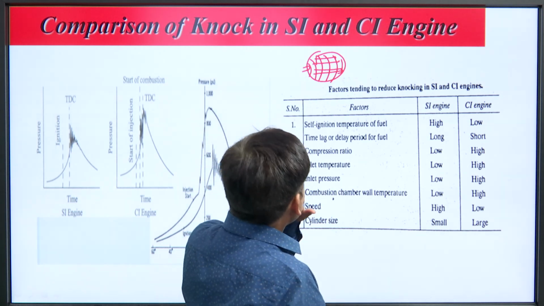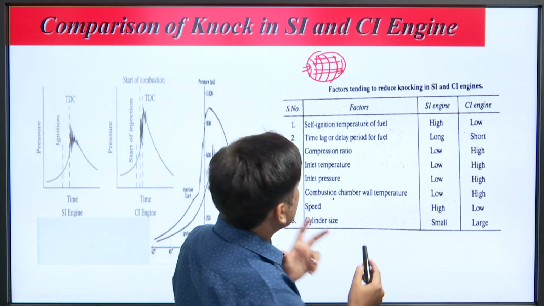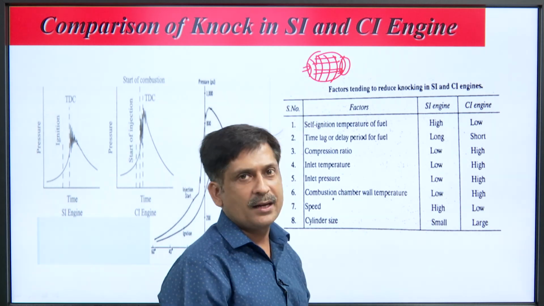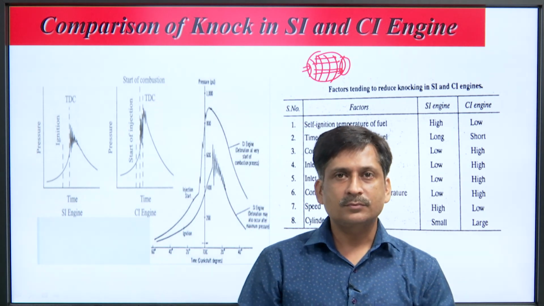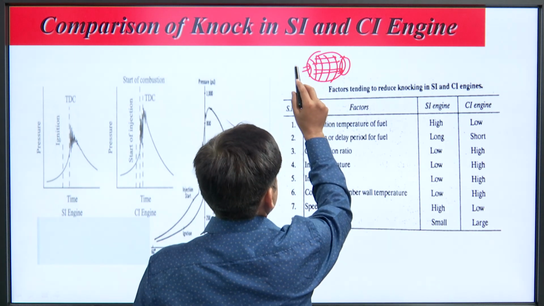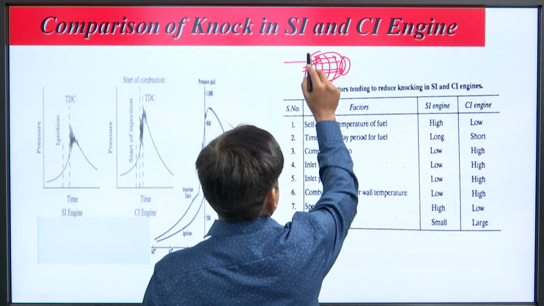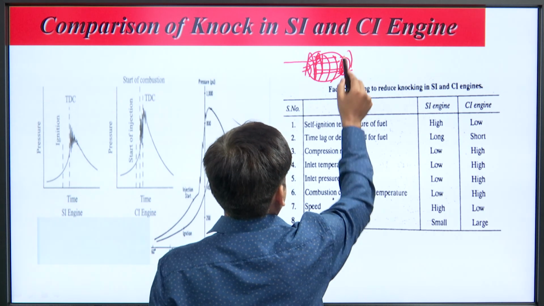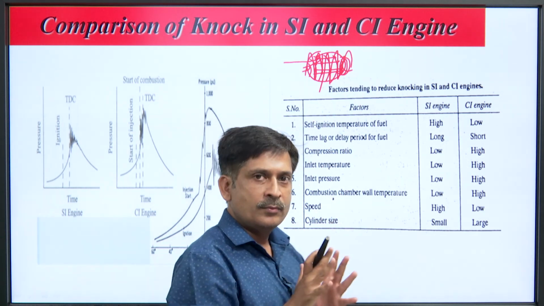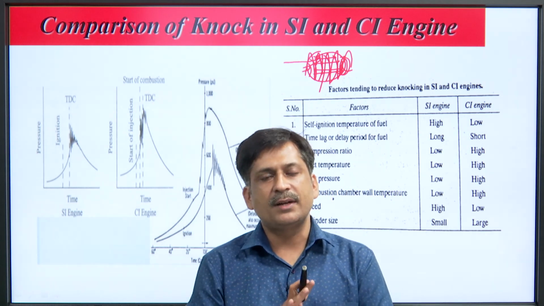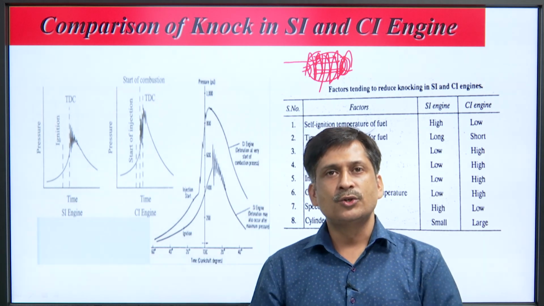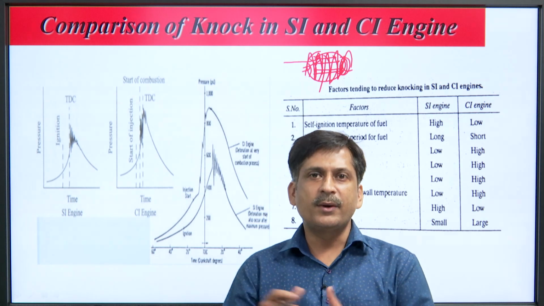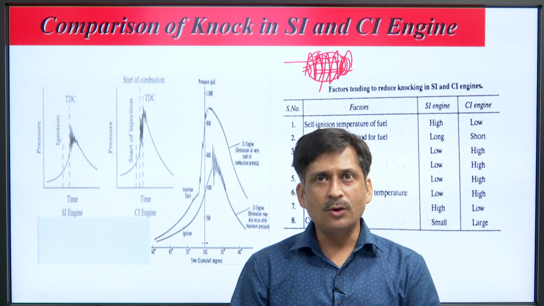But if that is not possible, if the end charge burns before the actual spark flame arrives, then it is known as pre-ignition. There is a pressure rise in this direction, pressure pulses in this direction, as well as because of the burning of the end gas, pressure pulses here, and they touch each other. That is why there will be a very high rate of pressure rise. So, in an SI engine, if the end charge burns before the actual organized burning from the spark plug, it is known as knocking in SI engine.